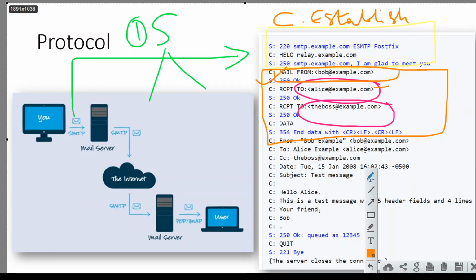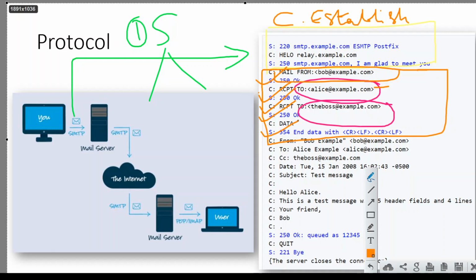The server says okay, and then the client says receipt also to the boss dot example. The server says okay, and now I'm going to send the data. That means whatever I type from here on would be data.